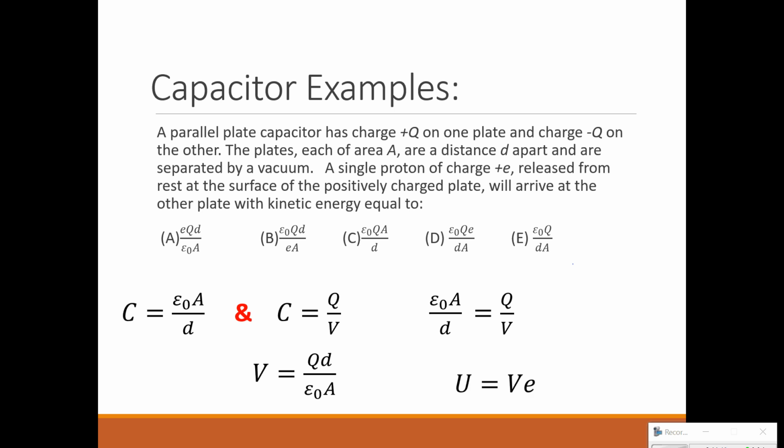I know that energy, in this case kinetic energy, can be equal to voltage times charge. So really it's this equation we have, QD over permittivity times A, multiplied by the elementary charge. And this gives us E times Q times D divided by the permittivity of free space and divided by the cross-sectional area of our